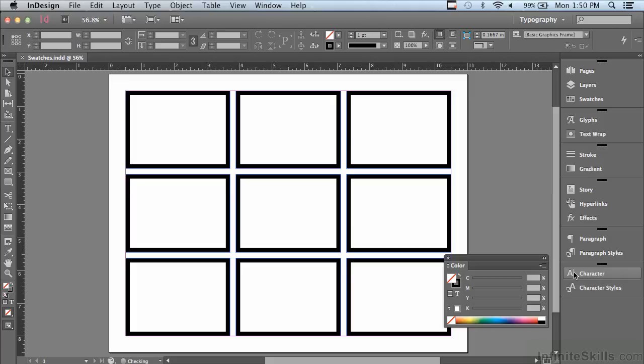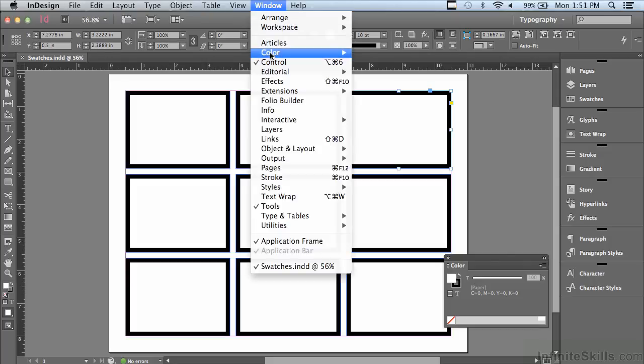In the last lesson, I mentioned that it's important to create swatches for all the colors you wish to use in a particular document. Let me show you why. I'm going to select an object, and in the color panel, if you don't have the color panel open, go into your window menu to color,